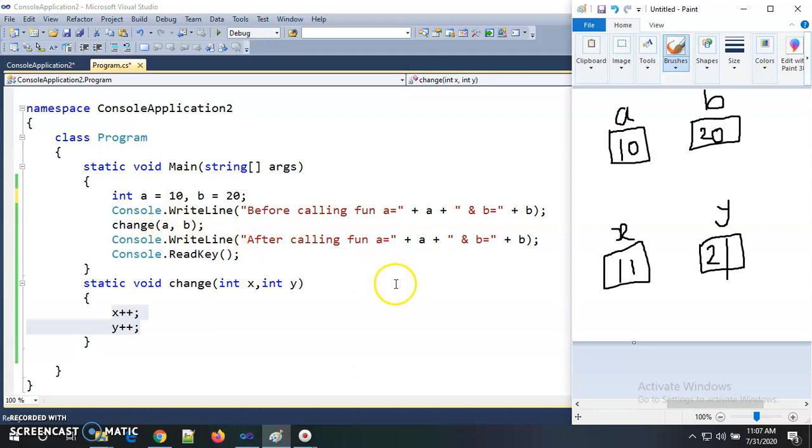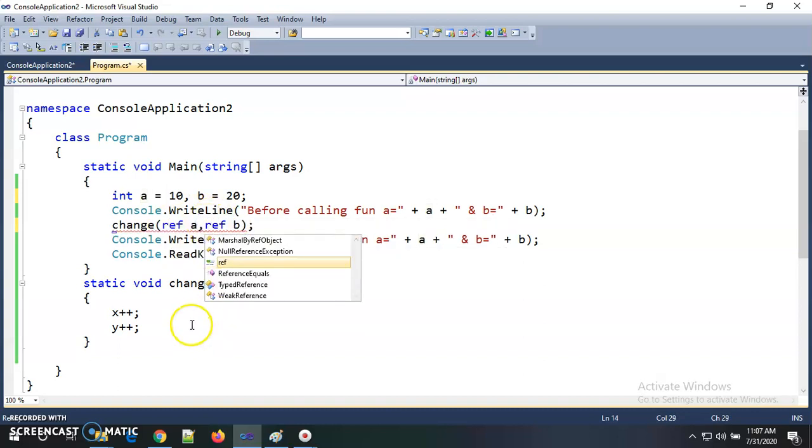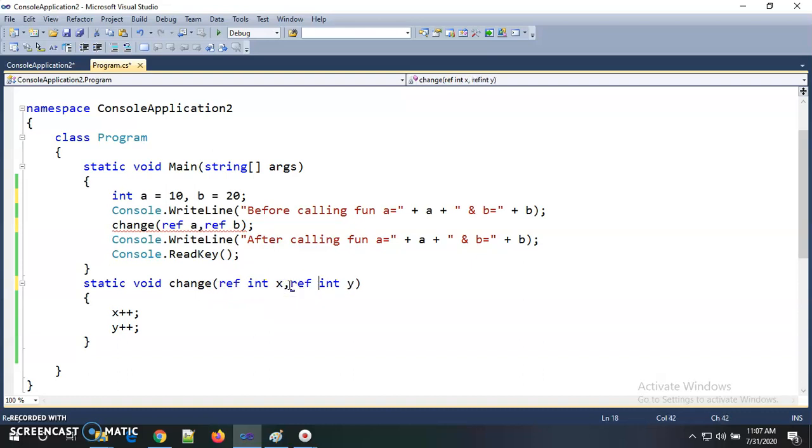So what happens inside call by reference? If I want to change this program from pass by value to pass by reference, I need to change some code here. I am passing the reference of a and reference of b to this change function. So here again we need to write the keyword ref.